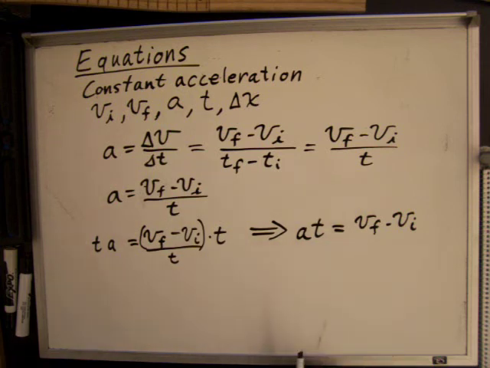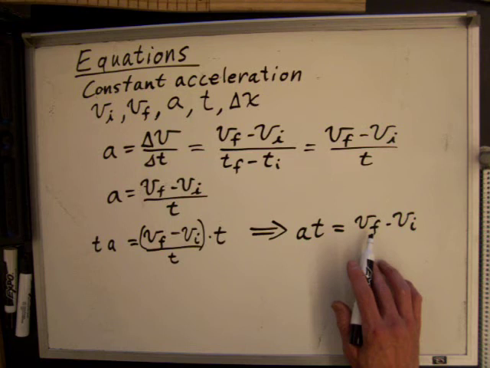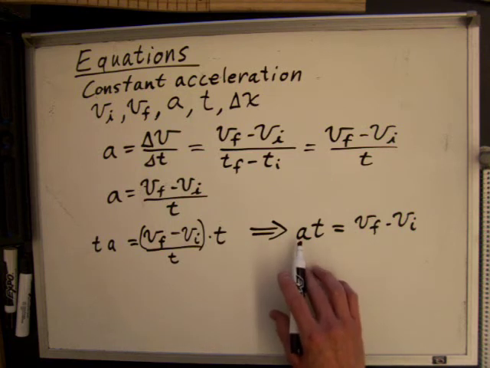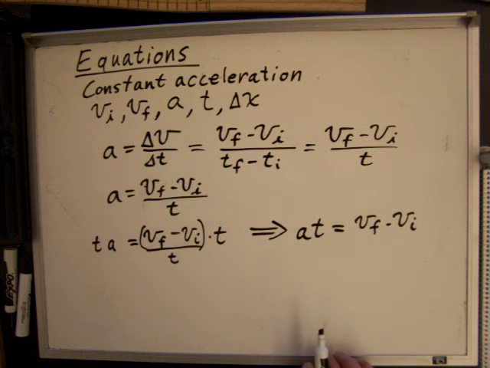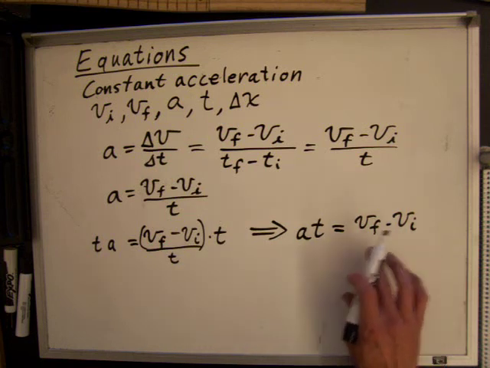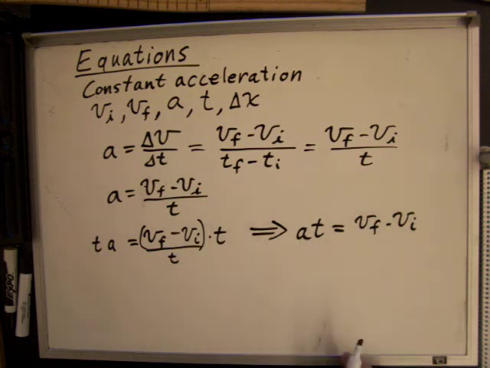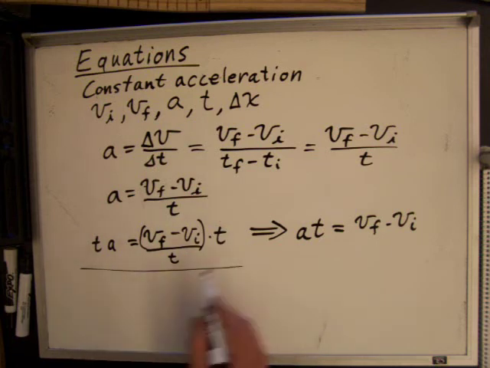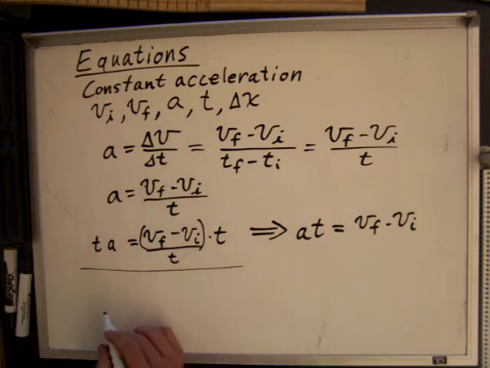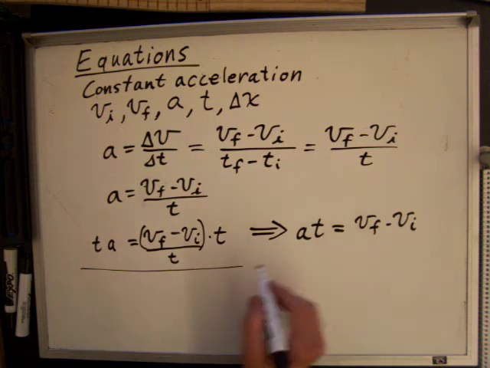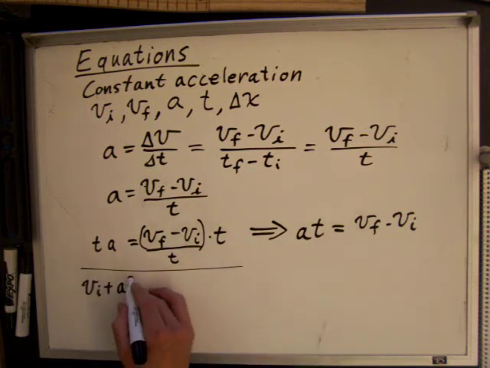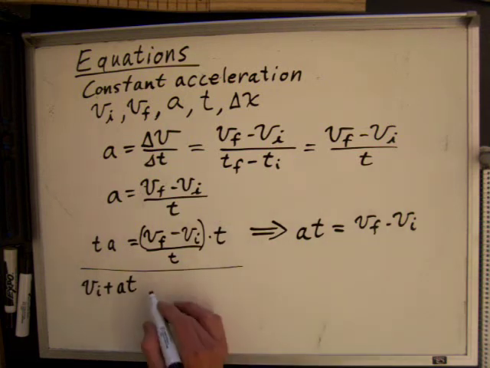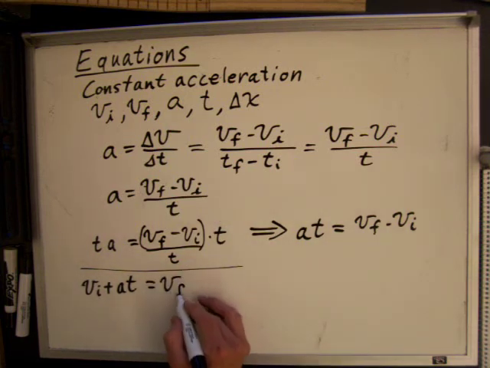Now I can turn this into something useful. If I wanted to know what the final velocity is, and they gave me the acceleration, the time, and the initial velocity, I'd want to solve for VF. How can I do that? Well, if I add VI to both sides of this equation, let's see what I get. If I add VI to the left-hand side of the equation, then I get VI plus AT. If I add VI to the right side of the equation, I get VF